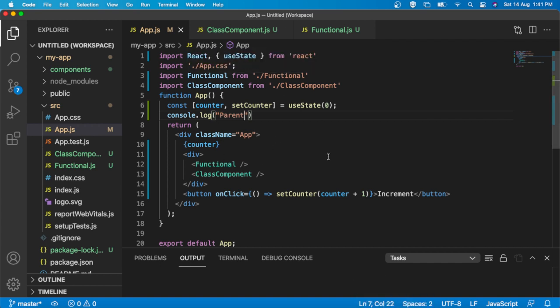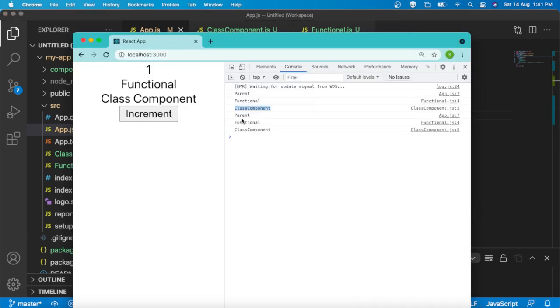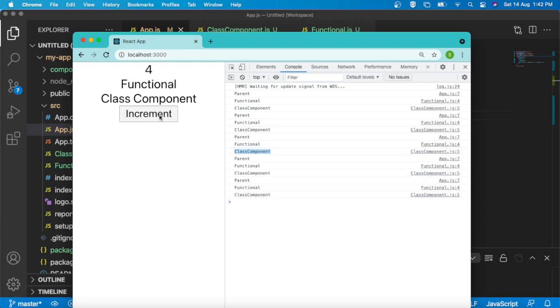It should re-render the parent component obviously, but with the parent component re-rendering, the child components are also re-rendering.